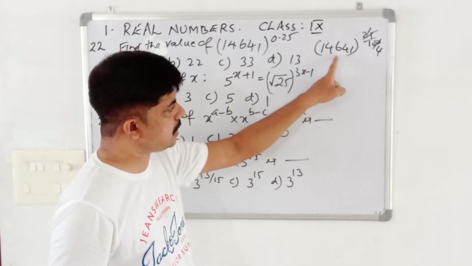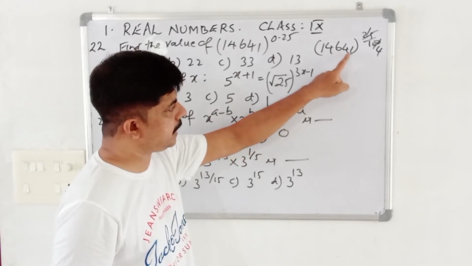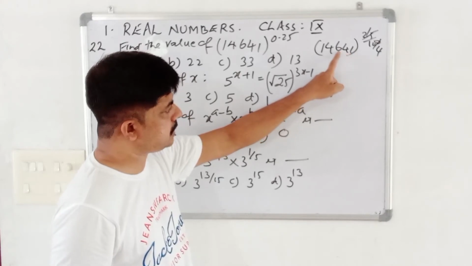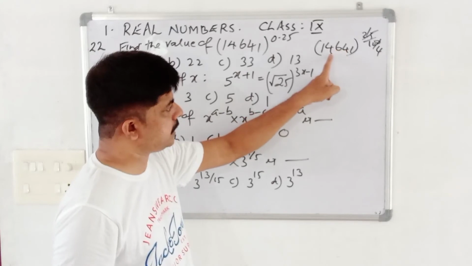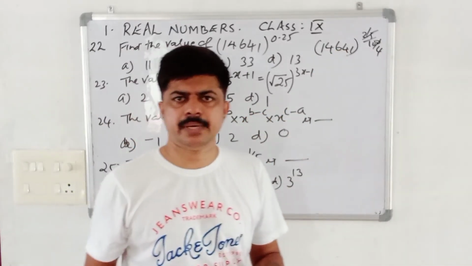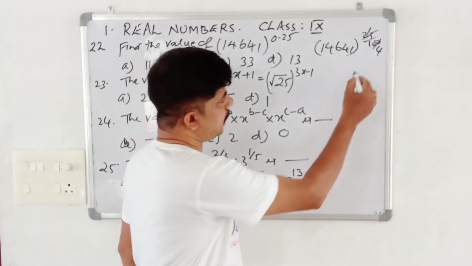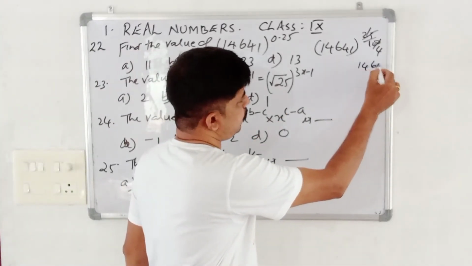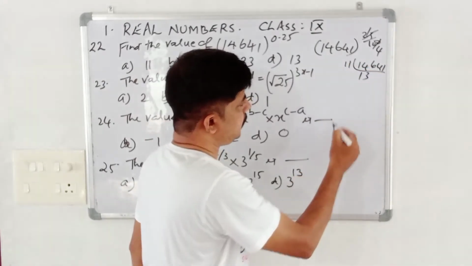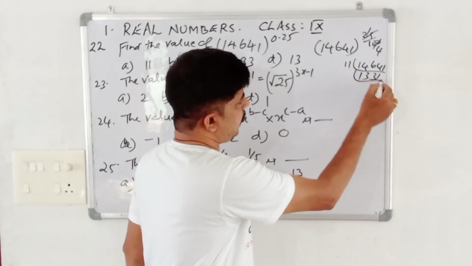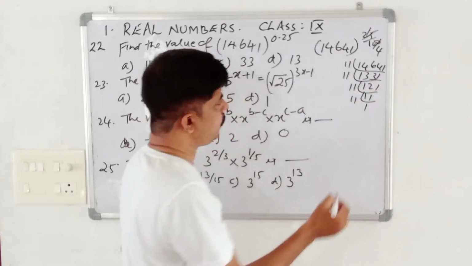I think this number is divisible by 11. Why is it divisible by 11? Let us see the alternate digits, we can add and see. 1 plus 6, 7. 7 plus 1, 8. Here also 4 plus 4, 8. That type of number will always be divisible by 11. Now I think 11 will be there 4 times. 1 4 6 4 1. We have 11. 1 11 are 11. Again we have 1 2 1. 1 11 11. Now we can see 11 four times.